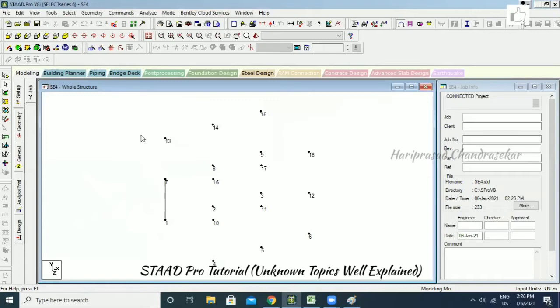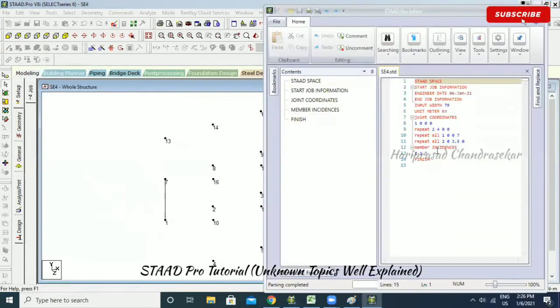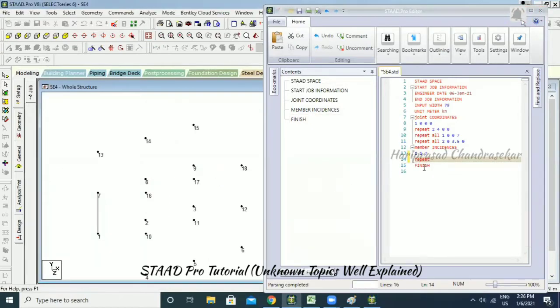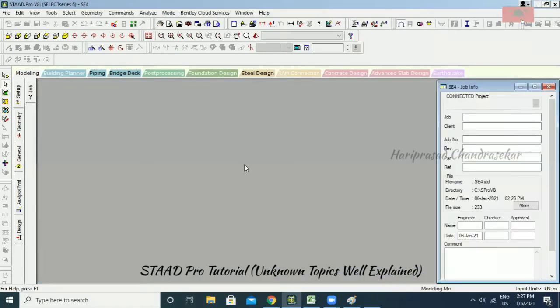Okay, until now, okay? Yes. Now again, I'm going for repeat. I'm going to repeat it 2 times because we have 2 in the X direction. Repeat always considers only the X direction. Here the formula is different: for repeat, it is a number, then the number of members, and then the number of joints. So I'm putting 1 member, and it has 1 joint. This is the syntax to repeat this member over here and then here. I'm going to close it after saving.